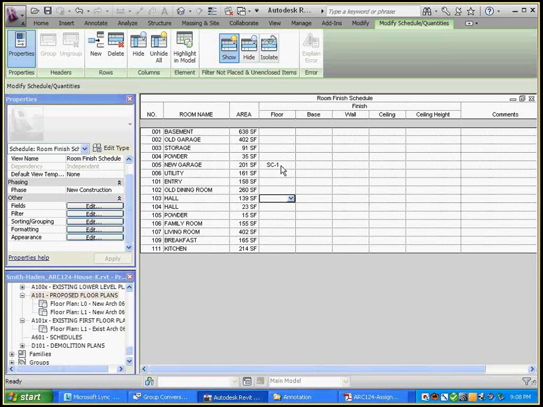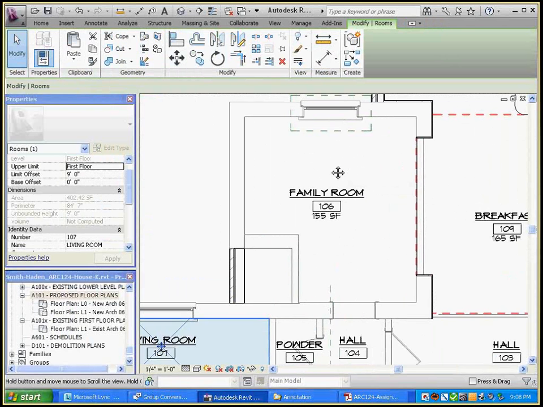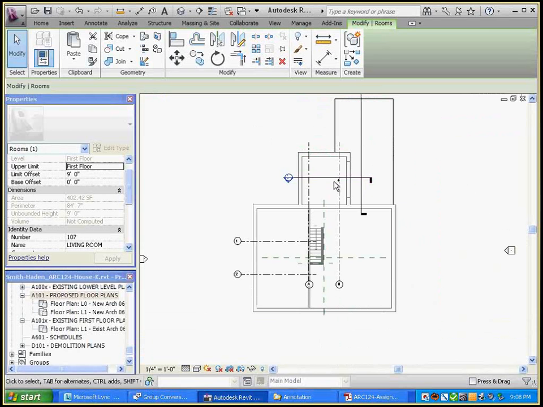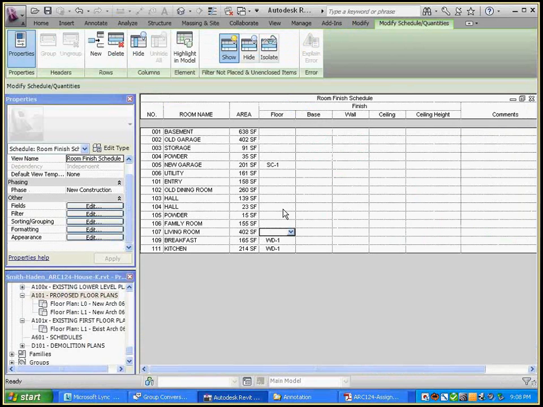I want to say the new, what is it, the breakfast room, that's going to be wood floor finish, so I'm going to say WD40? No, WD1. And then I'm going to do the kitchen, and I might have, well, let's say WD1, because that's really what the floor is made of. The living room is existing, so I'm not even going to list a finish on that. Family room, I kept calling it study or den. That's the old kitchen, room 106. So that's actually an existing floor finish, and I'm not going to replace it, but I'm going to say,